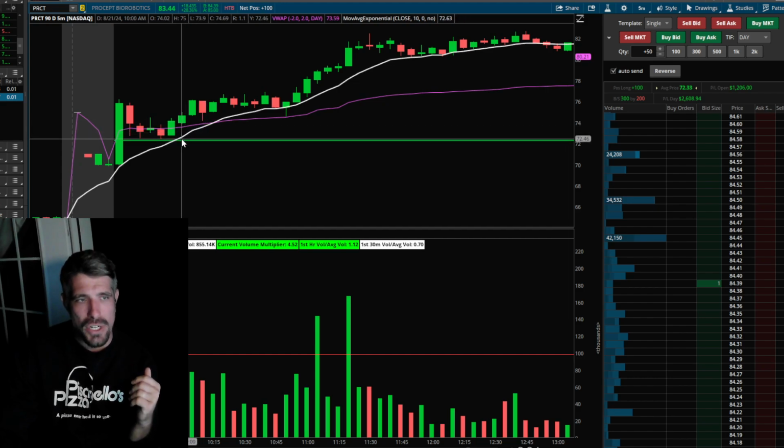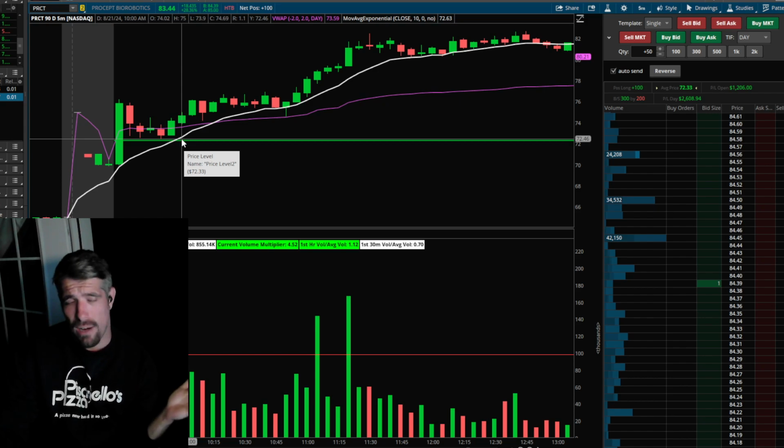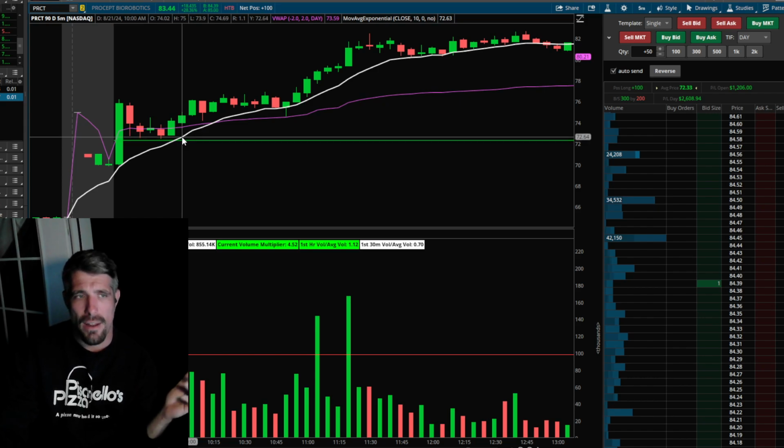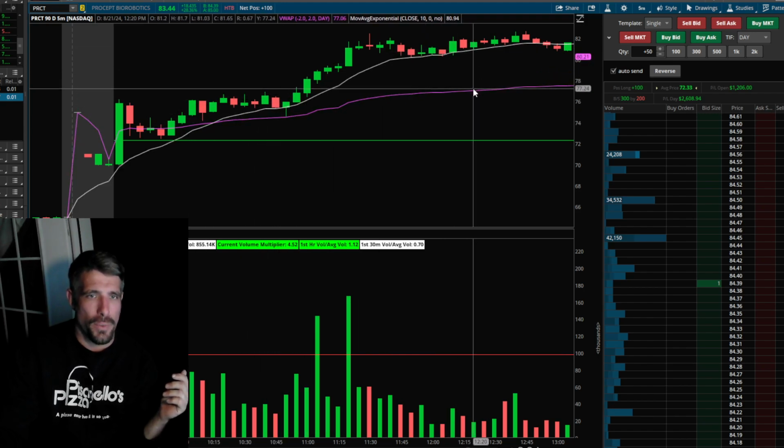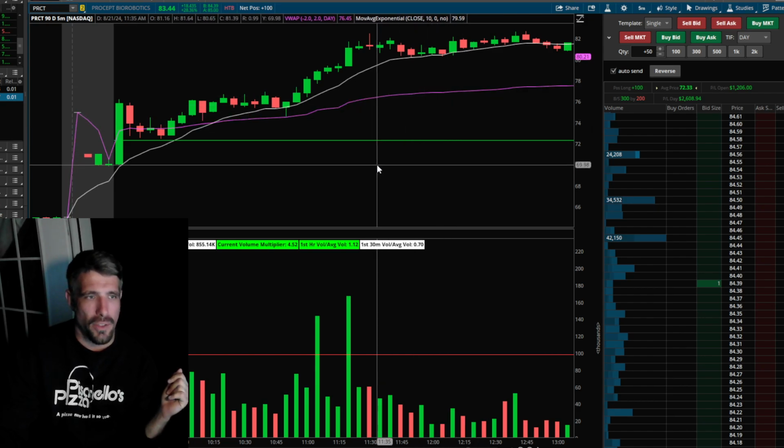Is this your logical area right here? If it is, then that's your logical area and that's your stop. But you just have to understand that if your retest is way up here, where's your stop going to be? Is it the previous retest? Is it the low of the day?